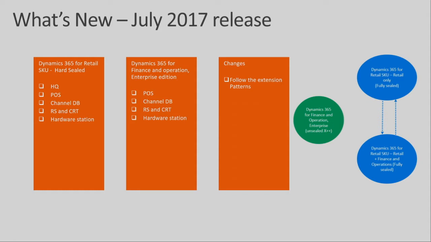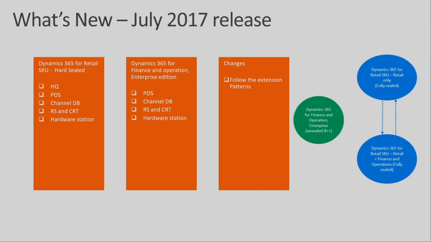So starting from the July release, any retail extension should follow the new pattern. You will not be allowed to do inline code changes, because if you are an AX 7.1 customer or an older Dynamics 365 customer, you would have seen our full solution, right? Now with the new SDK, you will not see that solution, but we introduced a new extension pattern for how you can do the extension.